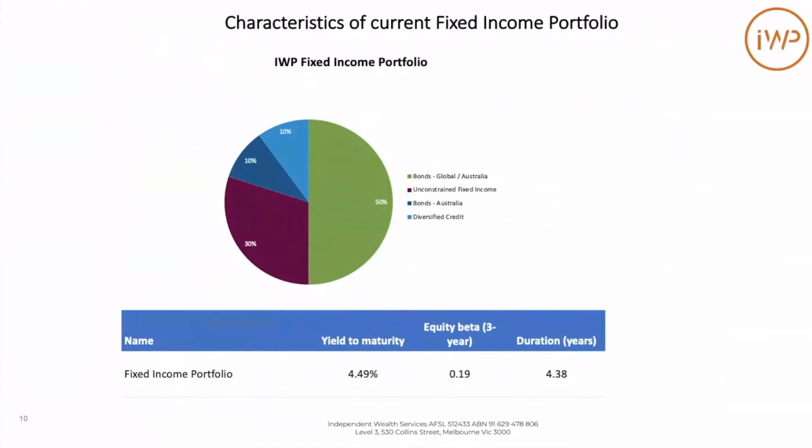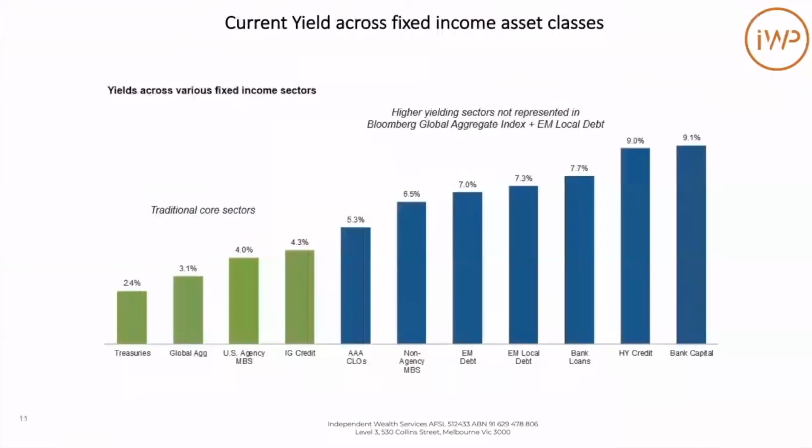Prices have dropped, and assuming your issuer doesn't fall over, or the Australian government's not going to fall over, you're going to get the same rate of income return. And then, jumping into the next slide, this is some of the different areas of fixed income that you can get or have access to.